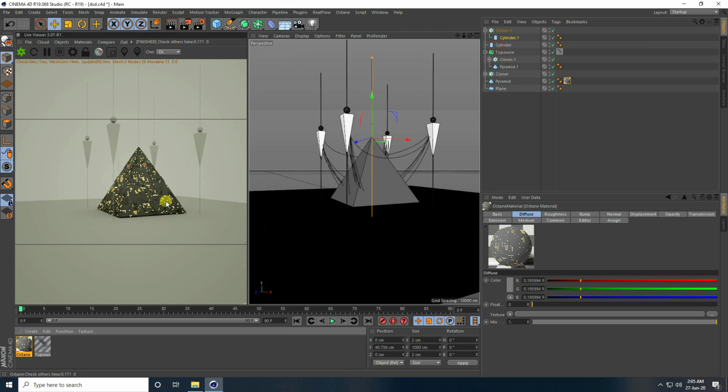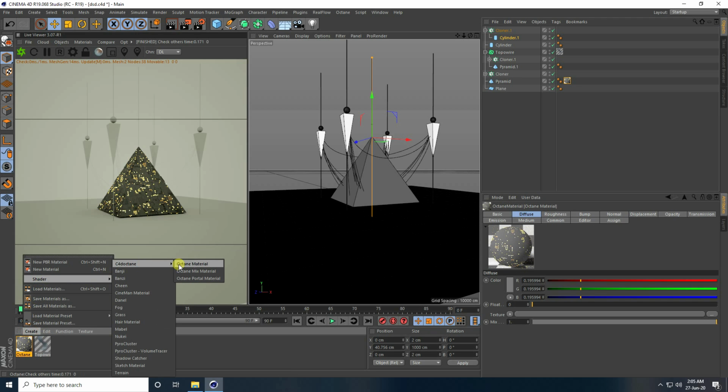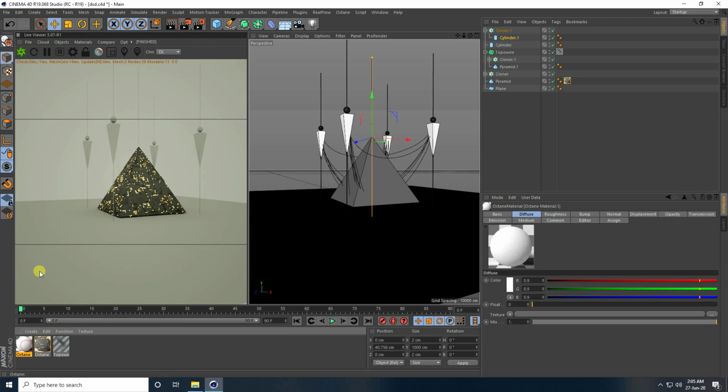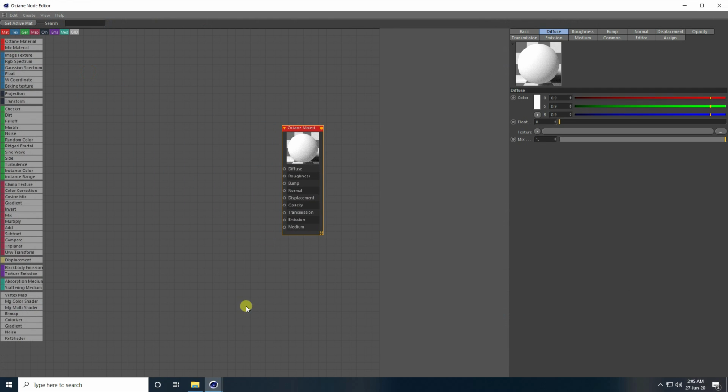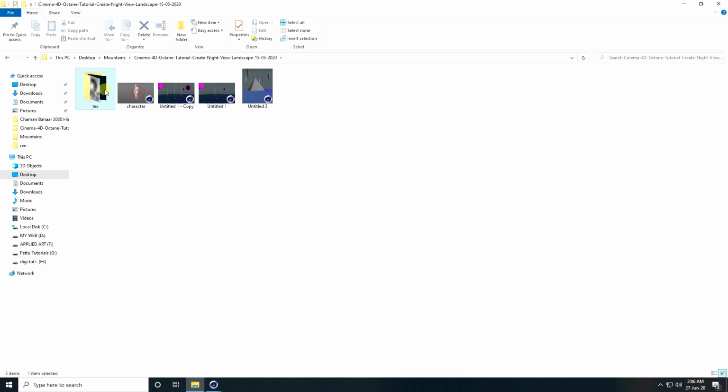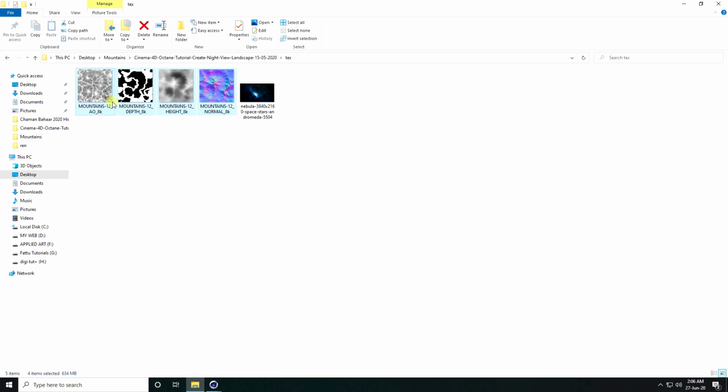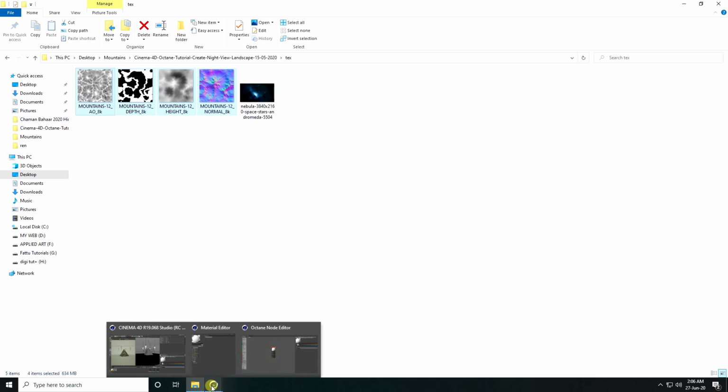Yes, right. Okay. So guys, now I create a texture for the plane and create a material. Open this material, go to the node editor, and apply the texture. That's my mountain texture. Drag and drop into the node editor.